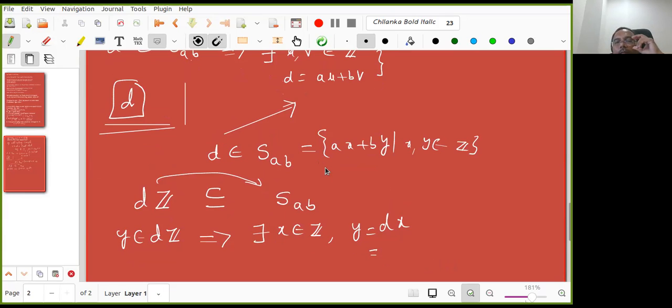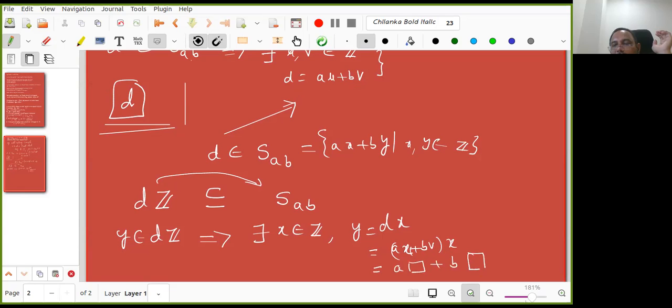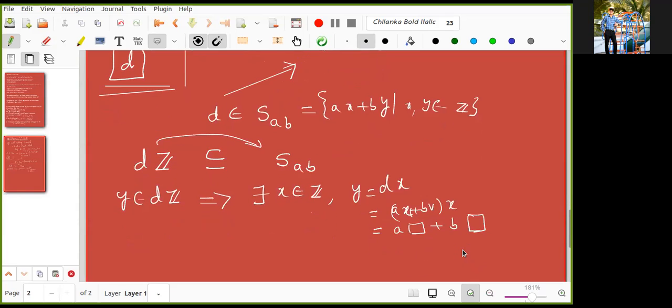Kanishk? Yes, sir. So we can put the value of d that we have. Yeah. So d is equal to au plus bv. d is already an element. So I can write d is equal to ax plus by. Sorry, au plus bv, right? Into x. Yeah. Now Manan, can you tell me now? Yes, sir. Now we can just expand it. What is a times how much? b times how much? We have a times ux and b times vx, right? Yeah. Okay. Now are you clear?